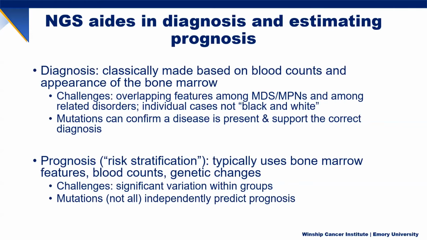There's overlap with MDS, with MPNs. And so although we have definitive or specific criteria for diagnosing diseases, in individual patients, it's not always so black and white, and there can be a lot more gray area there. And so these mutations can help us say potentially which disease is there, or in some cases, if we don't see a lot of changes in the bone marrow, seeing a DNA change or mutation like